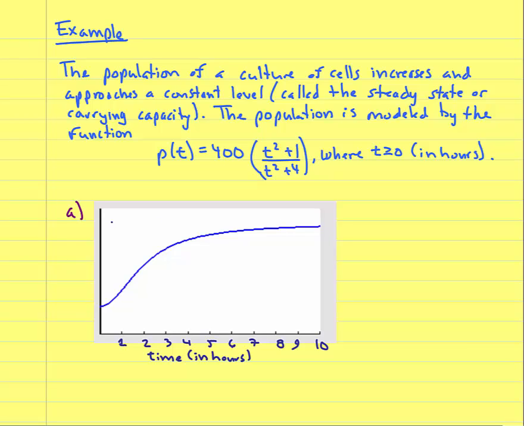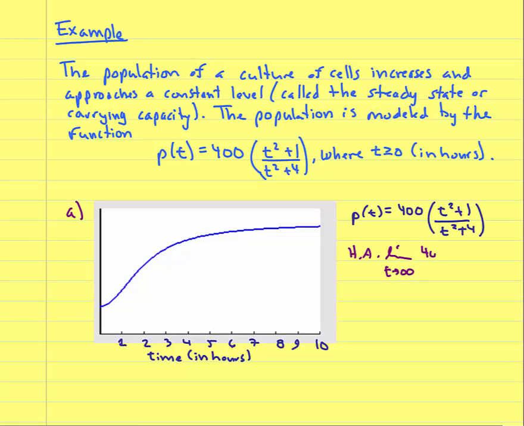So let's go ahead and graph this growth rate, and we have this. So this is the graph of p of t equals 400 times t squared plus 1 over t squared plus 4. Now, just as a reminder, I can find a horizontal asymptote by taking the limit as t approaches positive or negative infinity. In fact, you should try both, but because these are both even powers, I just need to try the positive infinity